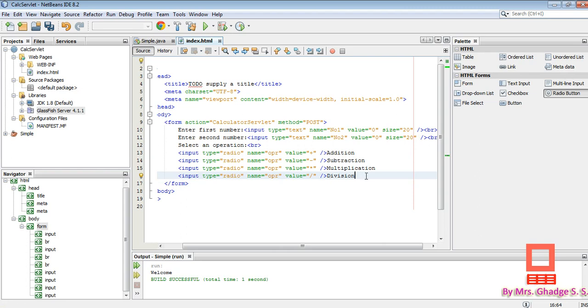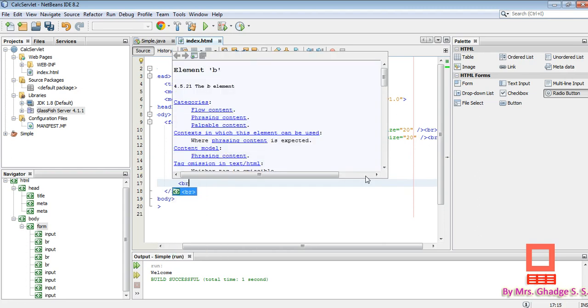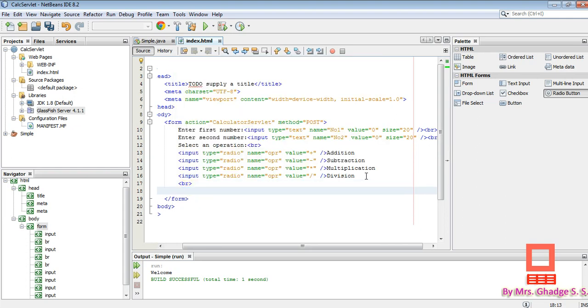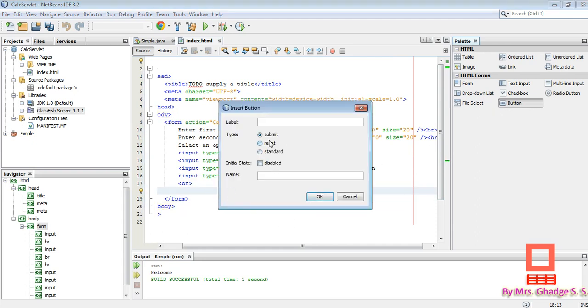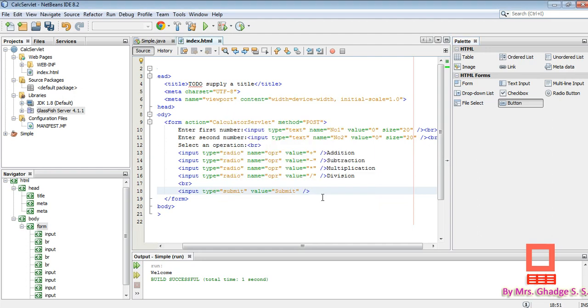Okay, and after that again at the next line put break, and then take submit button. So here is the option button, drag it, drop here, and label it to be submit. Click on OK.